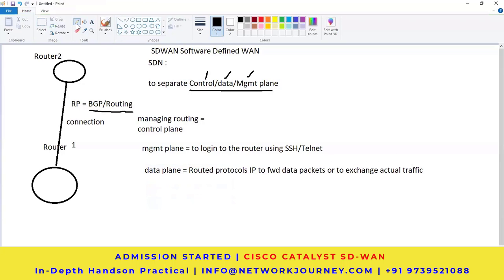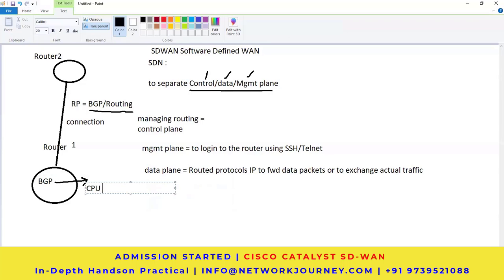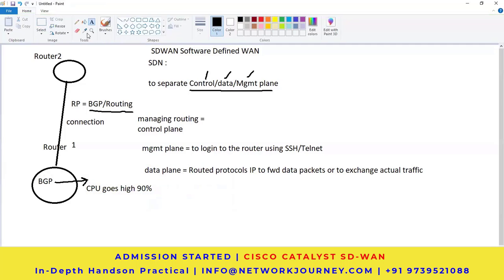So in the traditional environment, what happens if we are running BGP on a router? What happens if CPU goes high due to this BGP process? You must have experienced this thing. CPU goes high, nearly 90%. Then the data plane and management plane are both impacted. If CPU is high due to some BGP process, login to the router is prohibited. It is not allowed because of high CPU. You won't get the SSH or telnet prompt. Or even if there is user traffic coming in,